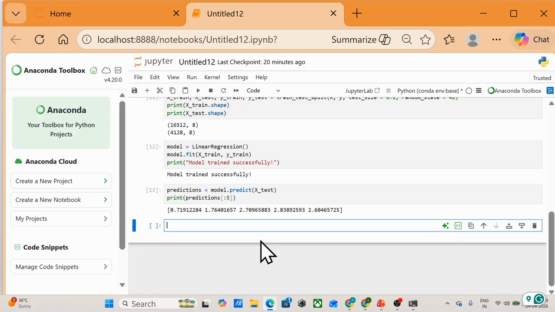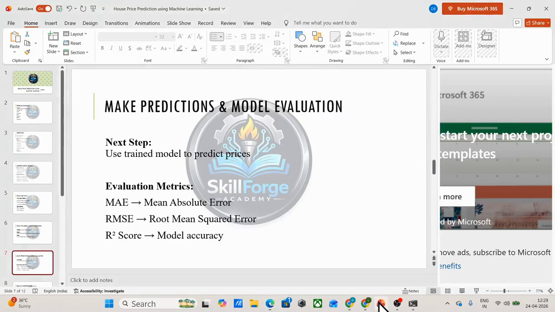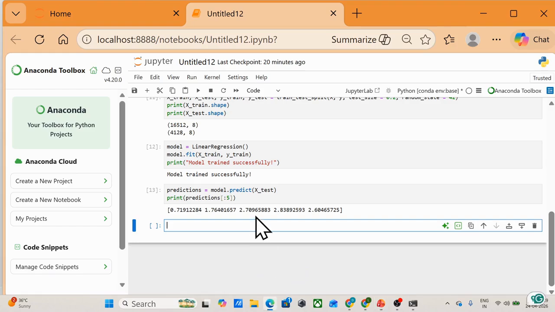Now we'll see which metrics we are going to use. Here you see, we'll use the evaluation metrics. There are mainly 3 metrics that we'll take. These I have discussed in the previous lecture, so you can go and see there.